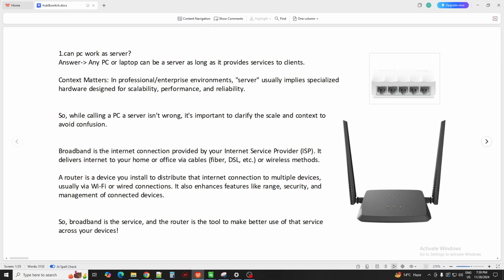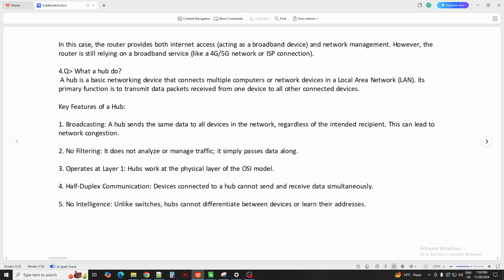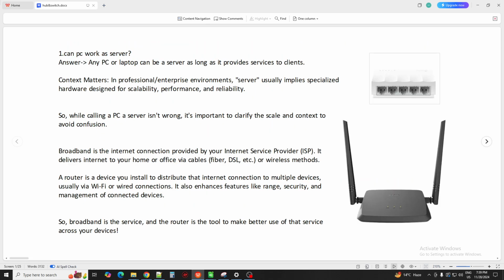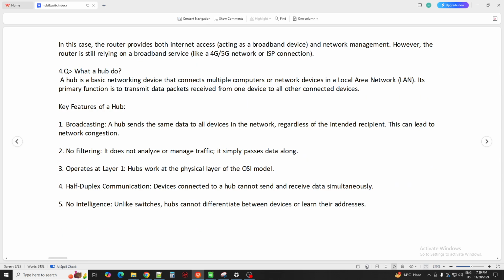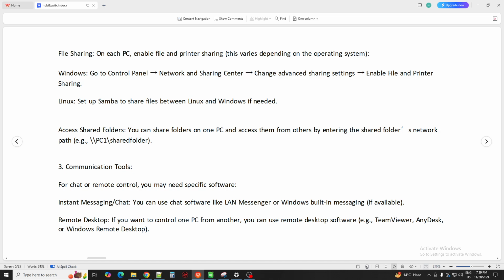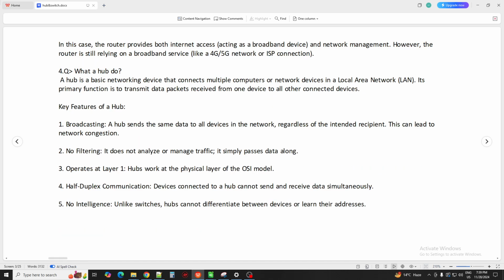Now the question arises: why do we really want a hub, and why was the hub designed? First of all, who designed the hub, and for what reason was it made? Basically, in the 1960s or 80s, the hub concept was developed in America. The reason was to transmit data packets, because at that time we didn't have WhatsApp and all that.